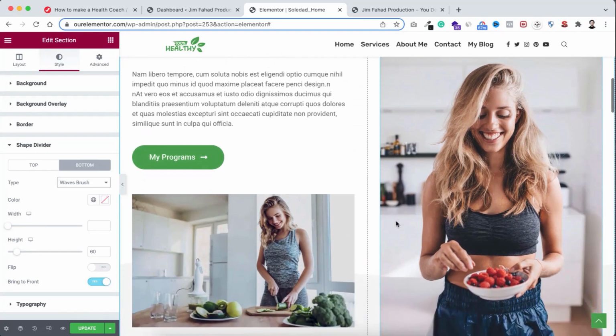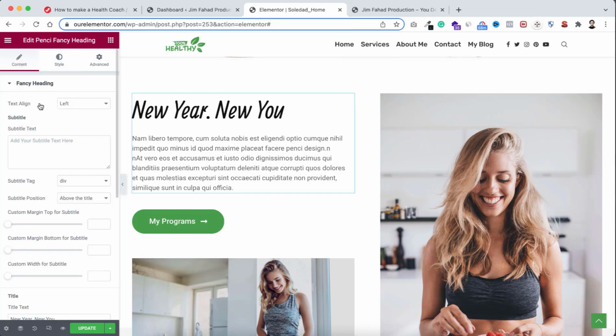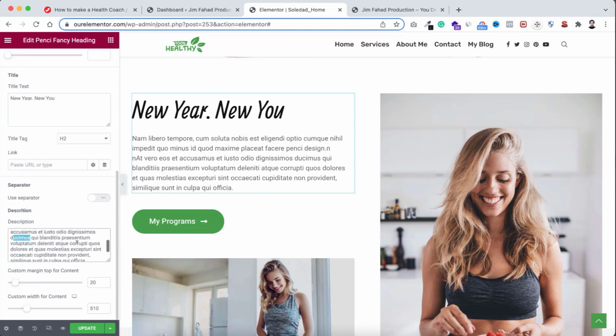You already understand how easy it is to change anything, any portion, any image of the website. Like here, if you want to change this heading and paragraph, just click over it. Then on the left side, you will find all the options. Like if you want to change this new you text, then you can change it from here. If you want to put your real text here, the description, then you can change that from inside this description